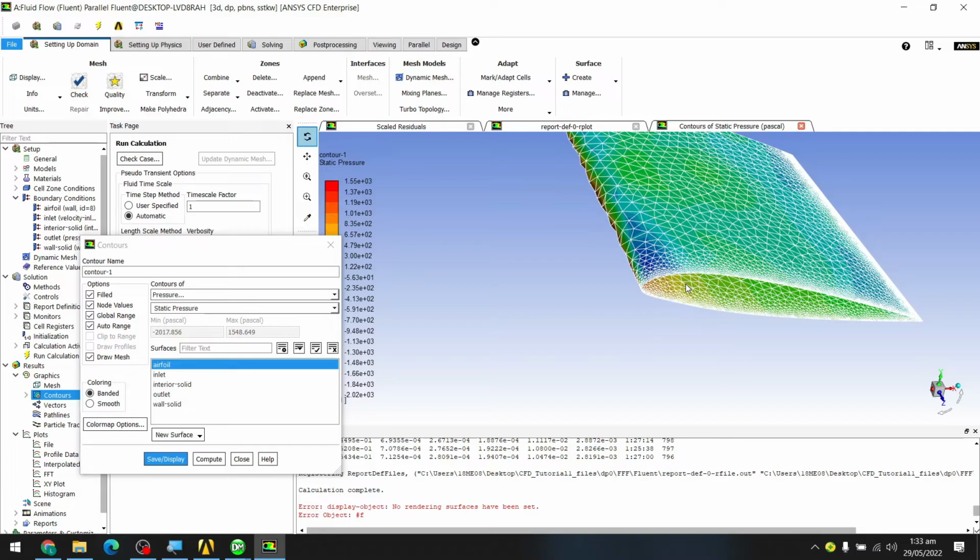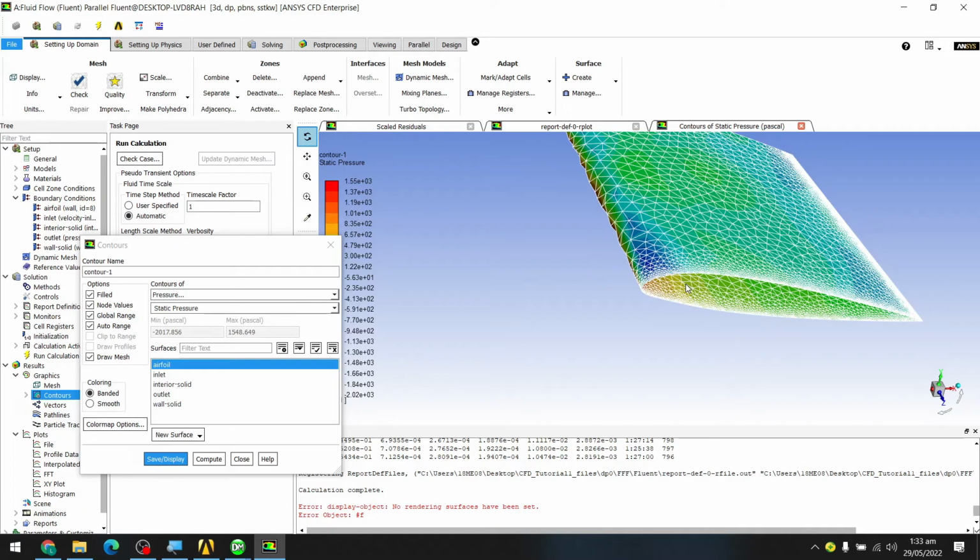So we go to reports. I am going to create a report of forces over the airfoil in the x direction, which is the drag force, and the drag force comes out to be 2.3301. I am going to paste it on a notepad. So the drag force is 2.330123. Now for the lift force, we are going to create a report in the y direction,